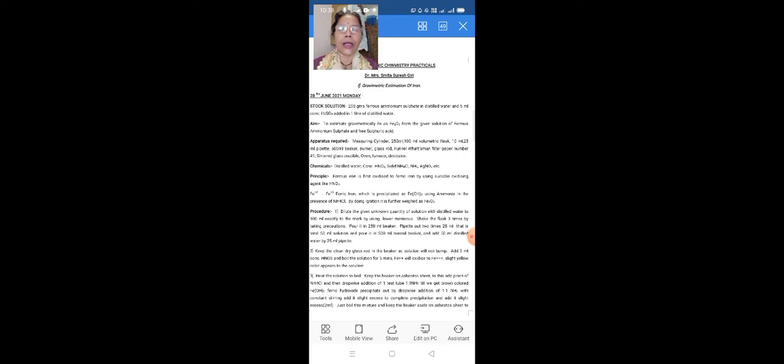So you have to go through the practical stepwise. If you follow each and every step very carefully as given in your chart, then you can get the appropriate result which you require. The unknown solution supplied to you, you have to find out by means of the ratio how much quantity of the given iron is present in the solution. And this is nothing but gravimetric analysis. Remember, it is a very important practical.